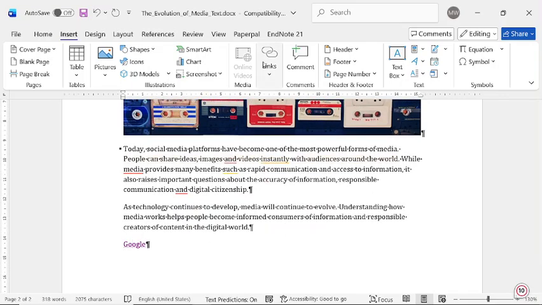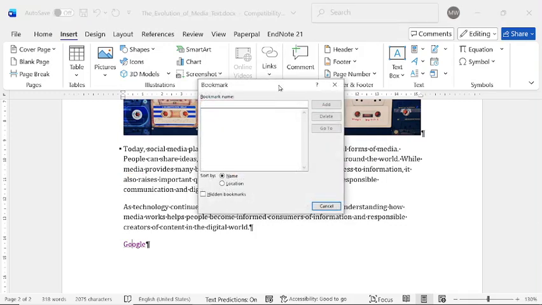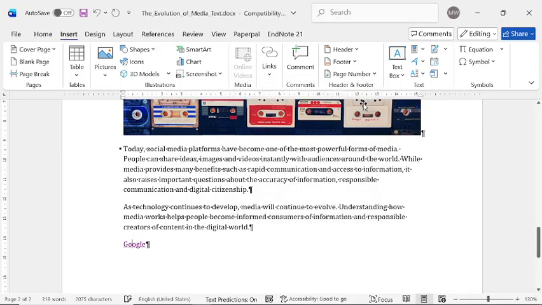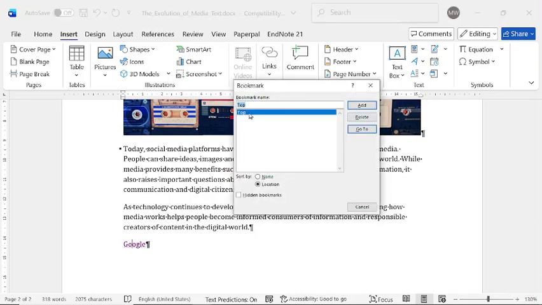Now, if we look at a bookmark, we can say, okay, I want a bookmark. What is my bookmark's name? So this is going to be top, and a location, and say add. Okay, technically this one's going to be bottom because it's at the bottom of our document. So I'm going to then rename or delete this one, say bottom,